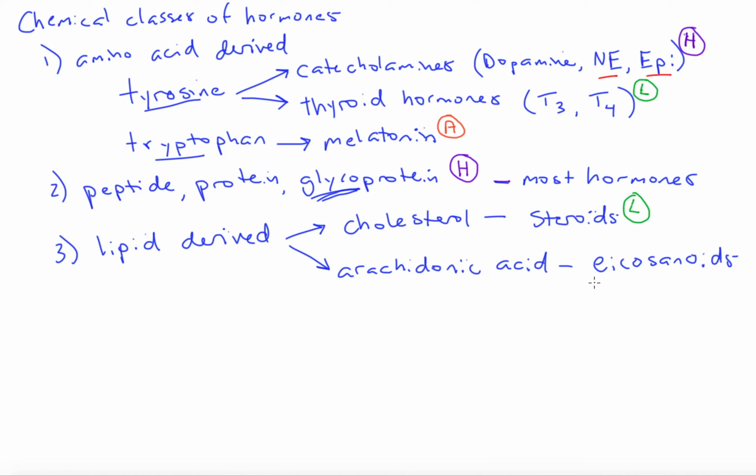And the icosanoids include prostaglandins, and there's a whole variety of them. The thromboxanes, and I'm giving you the big groups here. This is a really complex group, but the big groups are the prostaglandins, the thromboxanes, and the leukotrienes. Okay, and the reason I want to point these out is not so much to study them as hormones, but